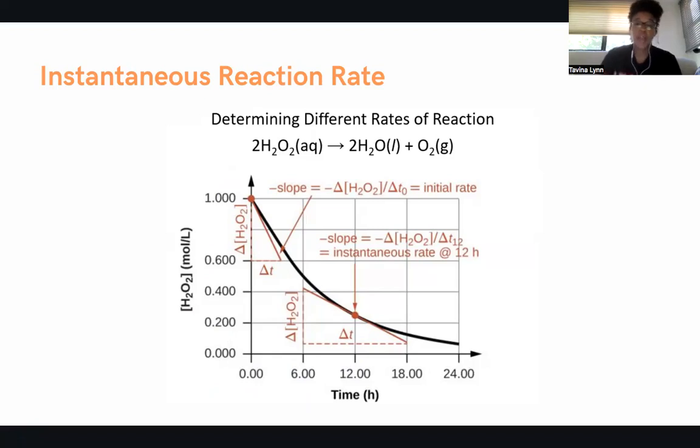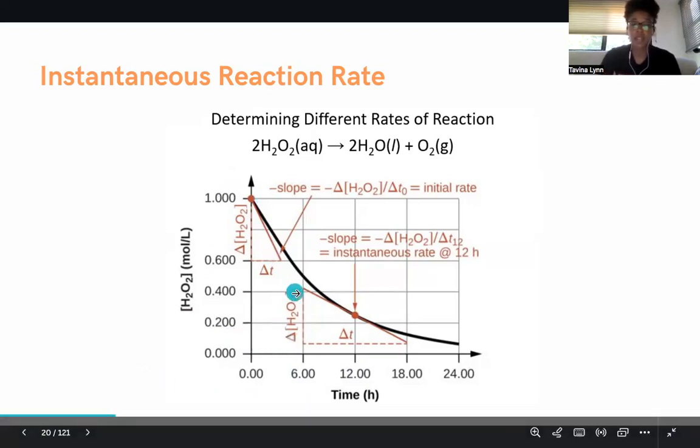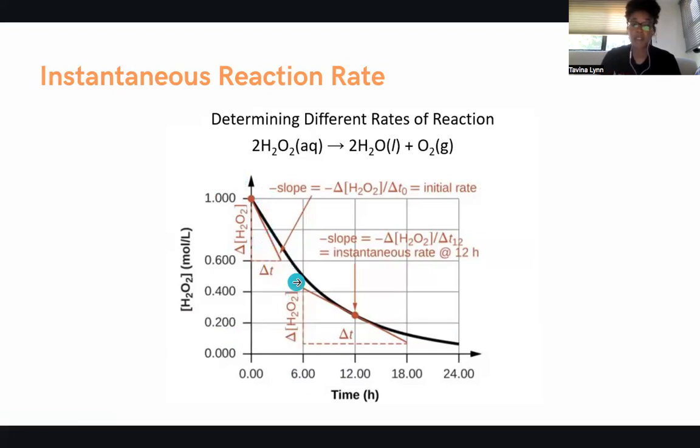So at each time point, every 6 hours, they looked at the amount of concentration, and this is how we end up with this graph. Now, if we wanted to determine the instantaneous reaction rate at a specific time point, it would be the tangent line to that slope